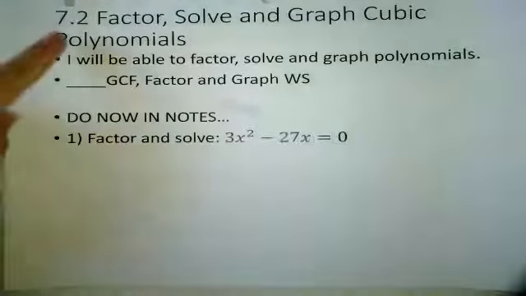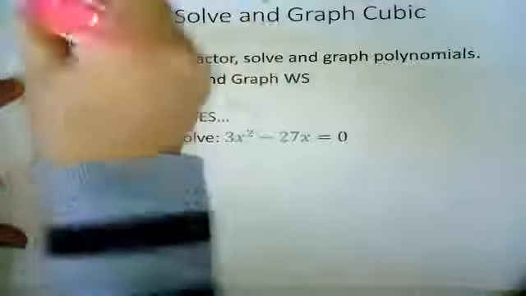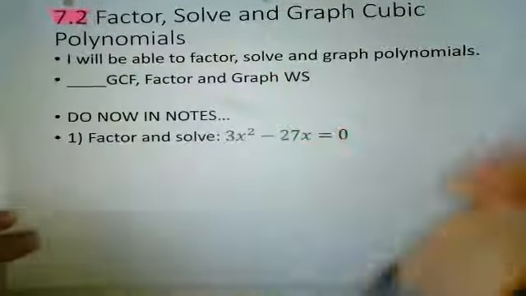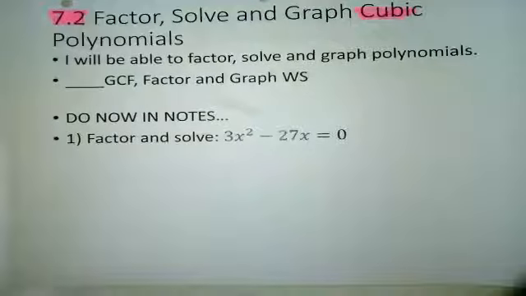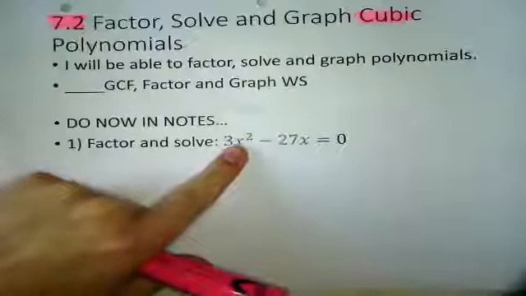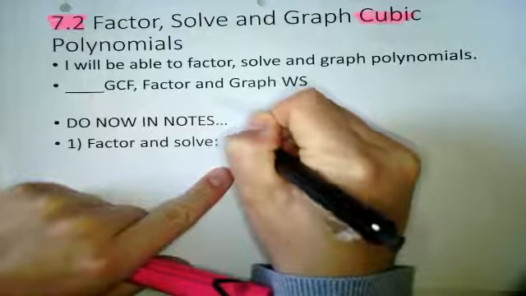Today we have lesson 7.2, factor, solve, and graph cubic polynomials. So cubic polynomials means that they are, oh, this is a typo. This is supposed to be x cubed. I don't know what I was doing there. All right,